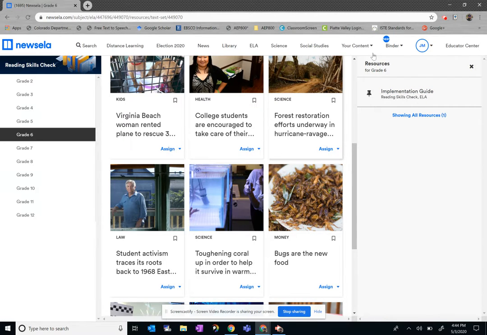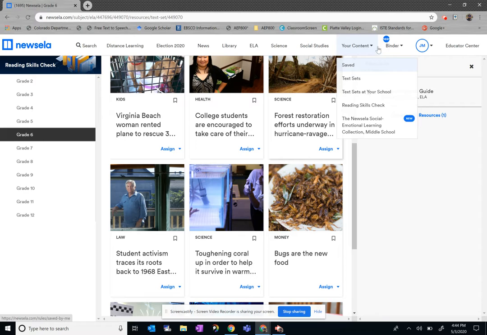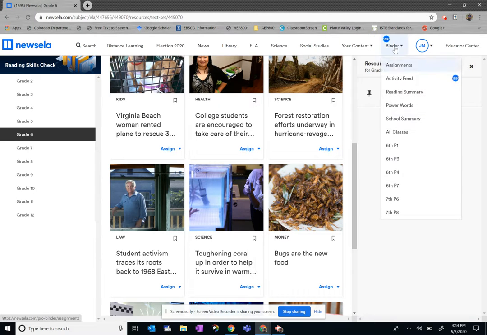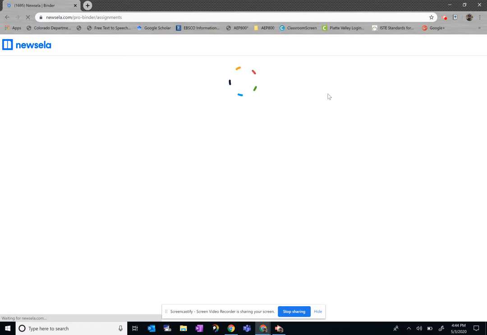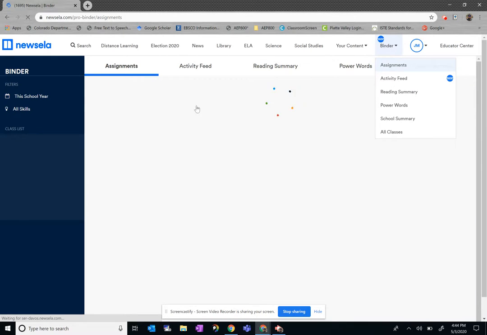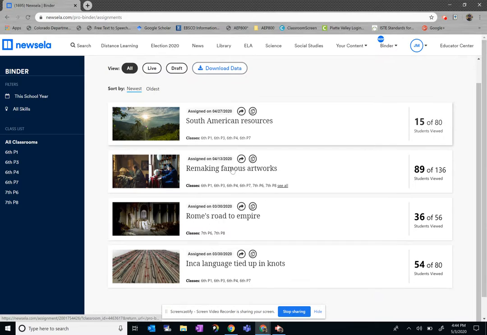Now, the nice thing about this is, let's just go finish this top bar. There's assignments, activity feeds, all kinds of things that you can do with your binder. So if I click on assignments, these are all things that I have given to my students. If you look over here, it says 15 out of 80 students have viewed that assignment,